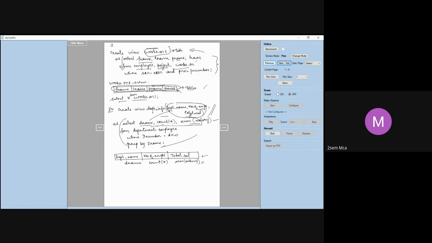So we have given this example, and this is another example that we have taken. Now I can simply give a query something like: F name, L name from works on one. Works on one means what? We are using our view. We have created the works on view here, and we are using that works on one, where P name is equal to product X. Something like this I'm giving.